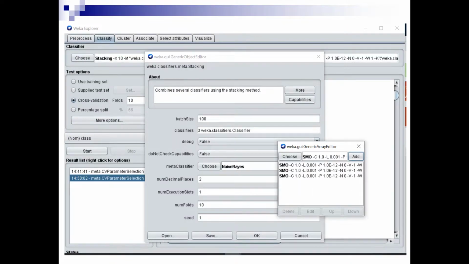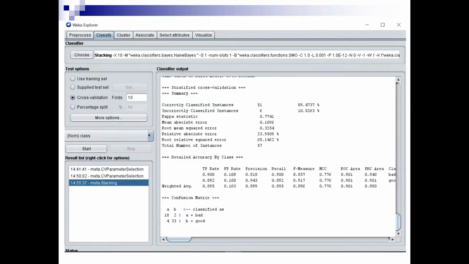Okay, and then I can compare these with stacking. Now, in this particular case, there isn't a relevant number of iterations. So I'm just going to build a classifier where I have 3 different base classifiers. So I'm going to go with SMO with different exponents. You can't see the exponent in this list, but I went through with exponent 1, exponent 2, and exponent 3. And I'm going to combine the predictions using naive Bayes as my simple top-level classifier. And here you can see it does just about the same as boosting did, actually.